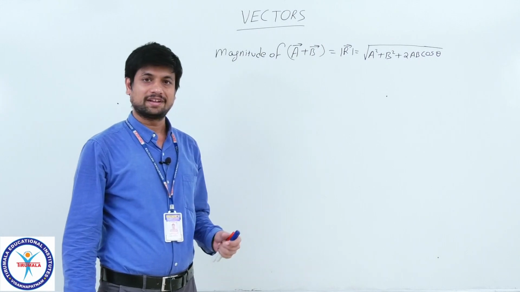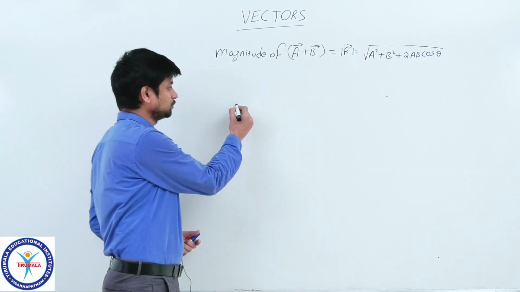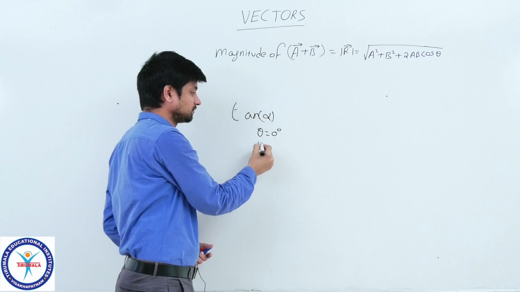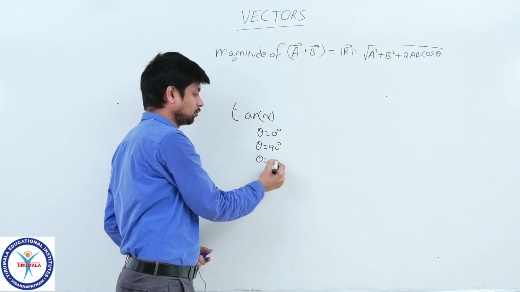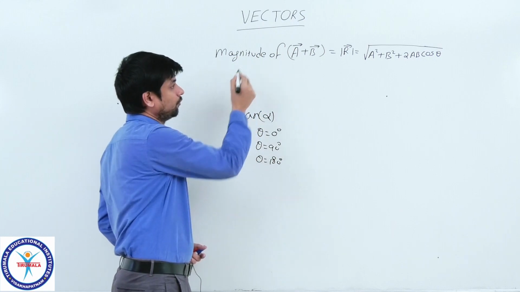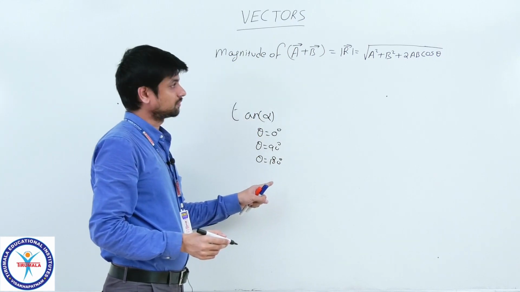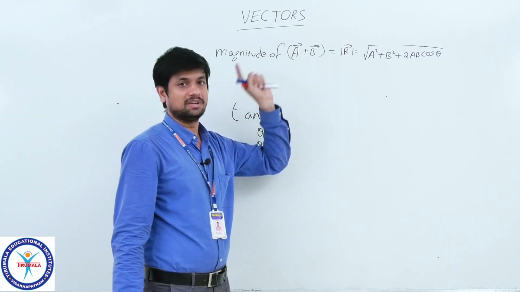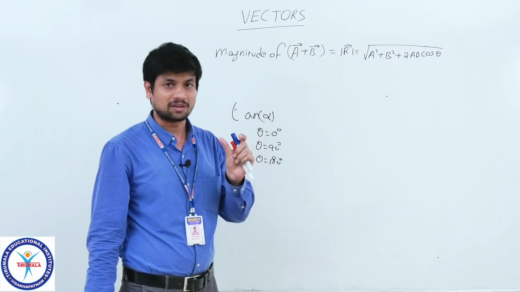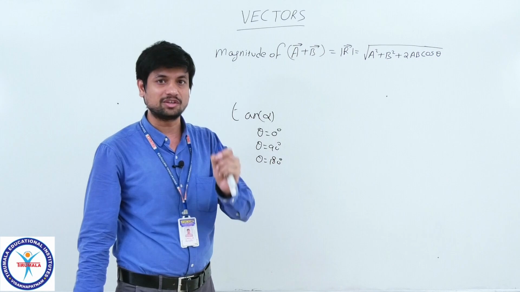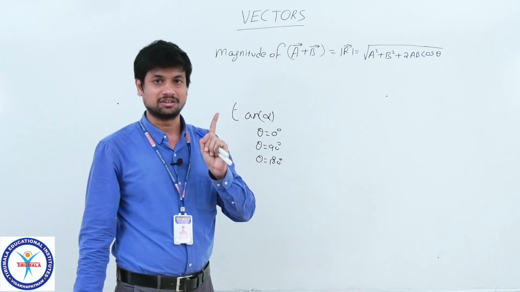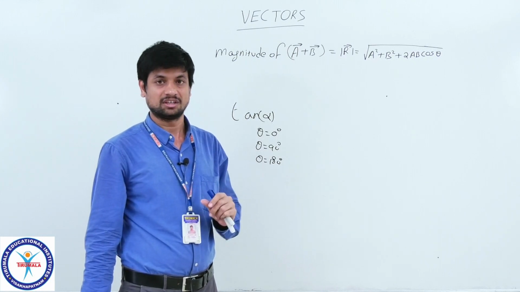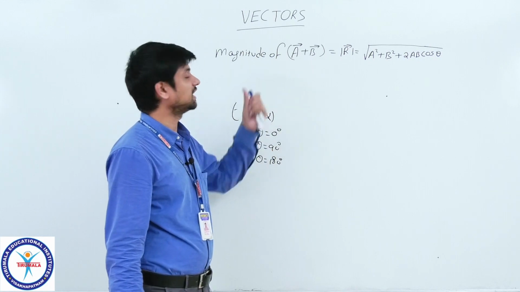So, we have found the directions, tan alpha value, for different cases: theta equal to 0, theta equal to 90, theta equal to 180. Now, we will apply the same angle values to calculate the resultant of A and B. Resultant means vector addition. In vectors, the word resultant is used only for the operation of addition, not for multiplication, scalar product, cross product or subtraction. Keep it in mind, children. For addition only we use the resultant.